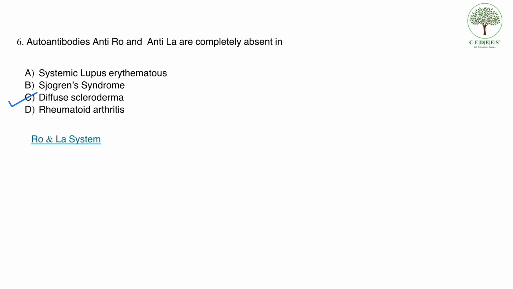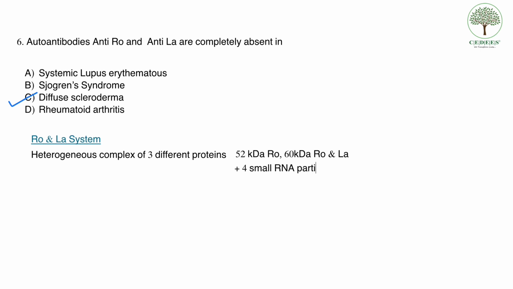Now, before we come to why we've chosen this answer, let us understand what are anti-Ro and anti-La antibodies. So the Ro-La system is actually a heterogeneous antigenic complex which is made up of 3 different types of proteins, a 52 kilodalton Ro, a 60 kilodalton Ro protein and La protein, and 4 small RNA particles. Now usually antibodies,